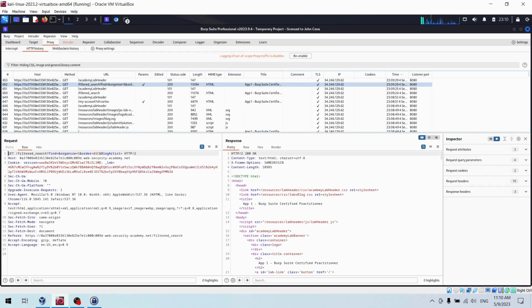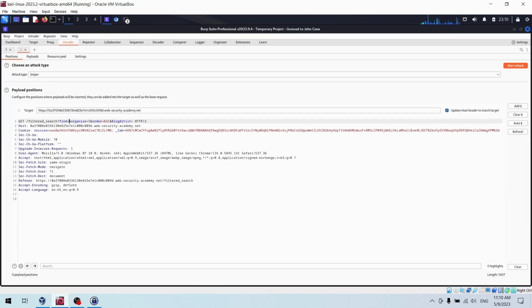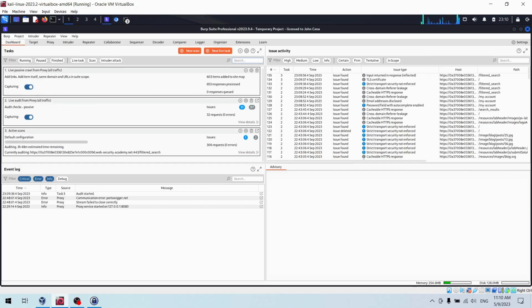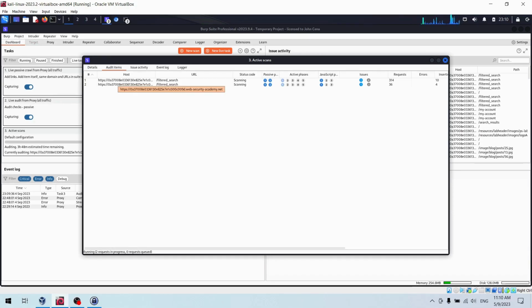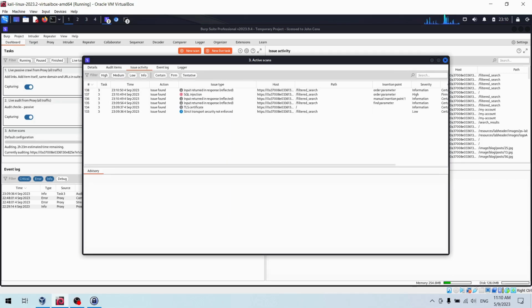Here's a nifty trick: fire off that request over to the Intruder, and then we're going to roll up our sleeves and define the insertion points for each request parameter. Once those are locked in, it's game on, and we can start scanning those carefully defined insertion points. Guess what, folks? We've just stumbled upon a potential SQL injection vulnerability, and it's lurking right there in the order